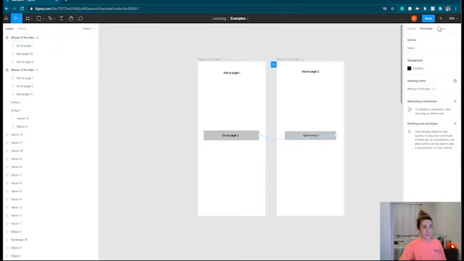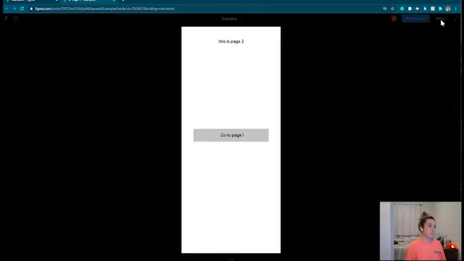So now, if I click this play button up top in between share and your percentage, it's going to take me to a whole new page. So we're going to wait for that to load for a second. And you'll see that page we just had is here. And so I can click go to page 1, and it takes me to page 1. And I can click go to page 2, and it takes me back to page 2, which is